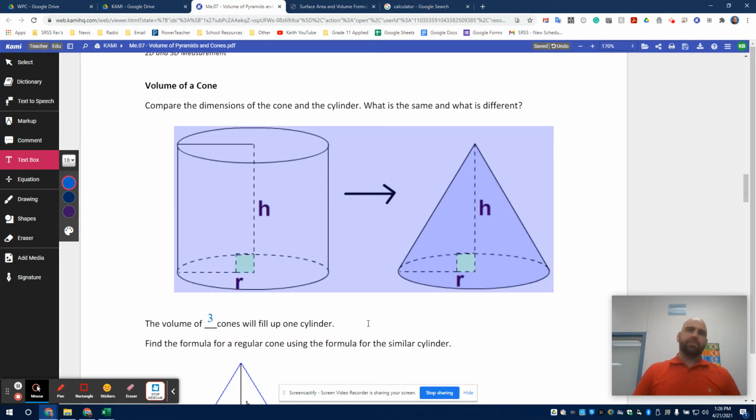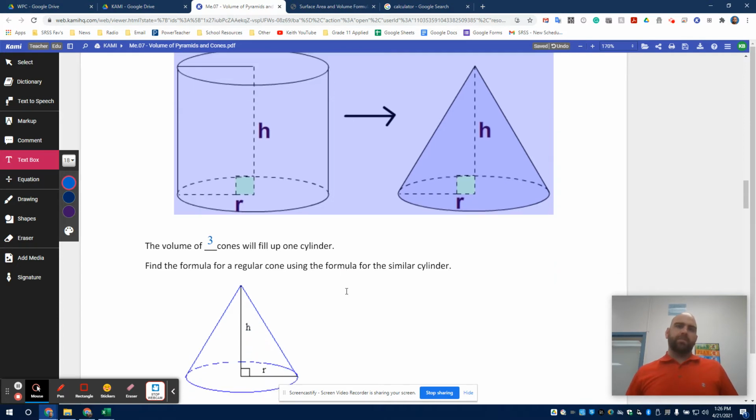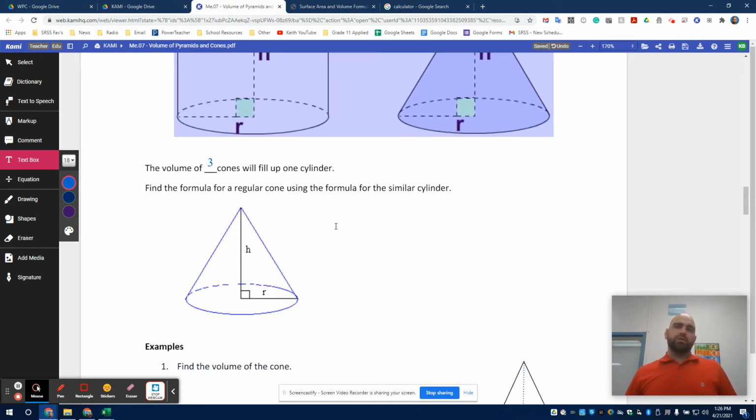I'm not going to do the example again. You can ask me in class and maybe we'll do it in class, but the volume of 3 cones is going to equal 1 cylinder. So that means we're going to take the volume of a cylinder formula and divide it by 3. To do that, we can think of it like this: